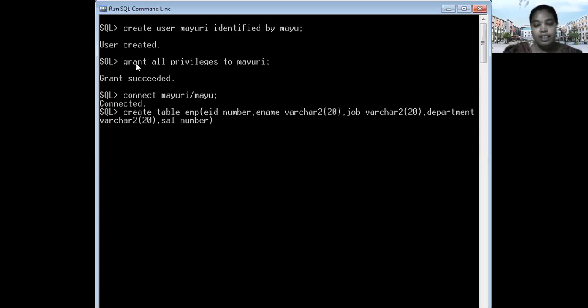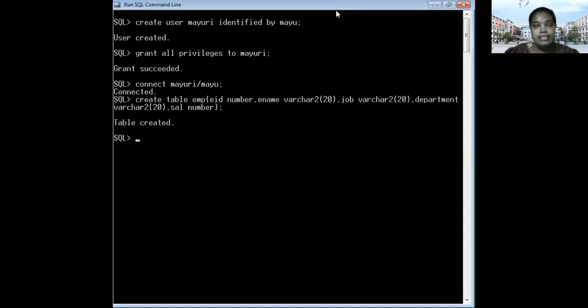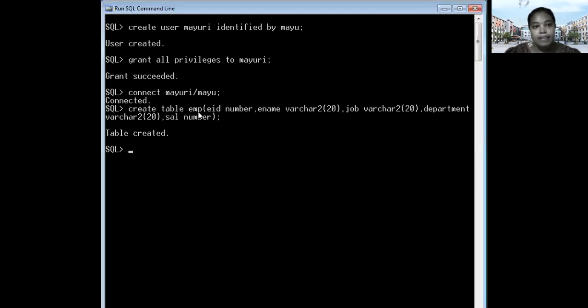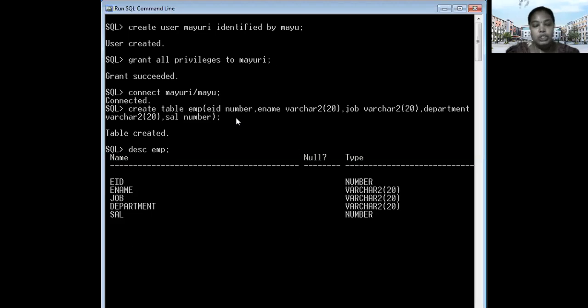Next, you have to observe how to create a table and how to utilize the syntax. What is the syntax here? Create table, table name, field name and data type. If you want to see the structure of the table, then you have to use the describe command to show the table and type of data.